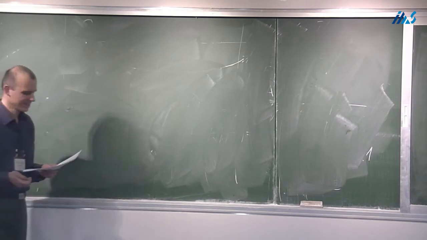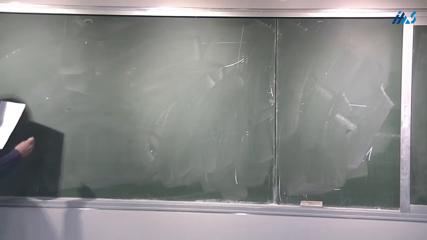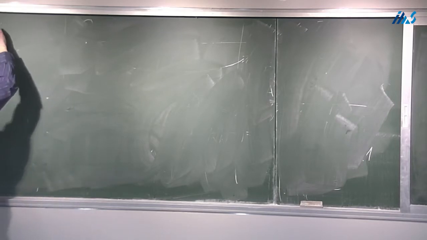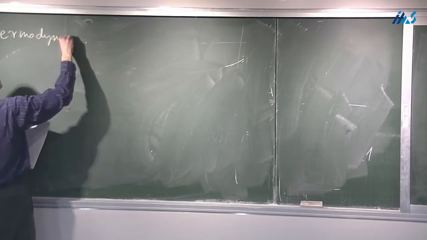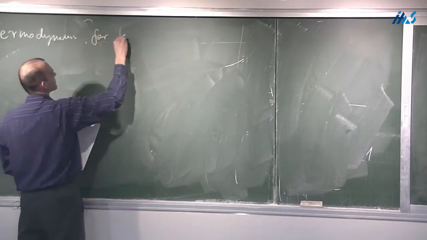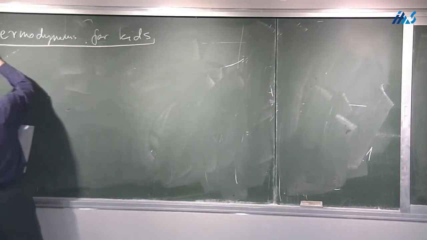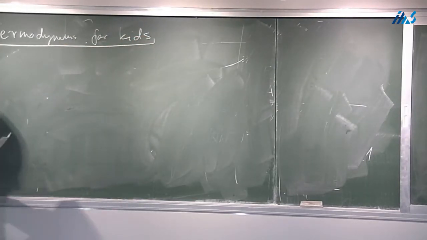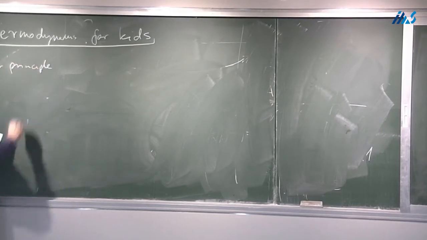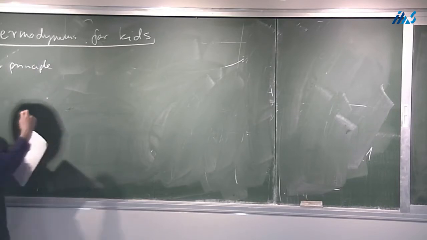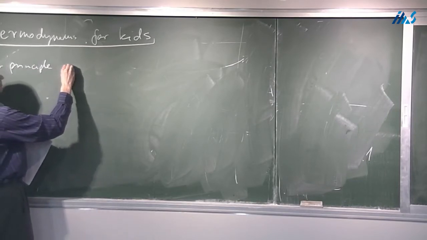So at that time, in 2001 and 2, what we did was thermodynamics for kids. Okay, so what's thermodynamics for kids? It's essentially based on the Landauer principle, but viewed from the converse direction. So normally, the Landauer principle is that to erase a bit,